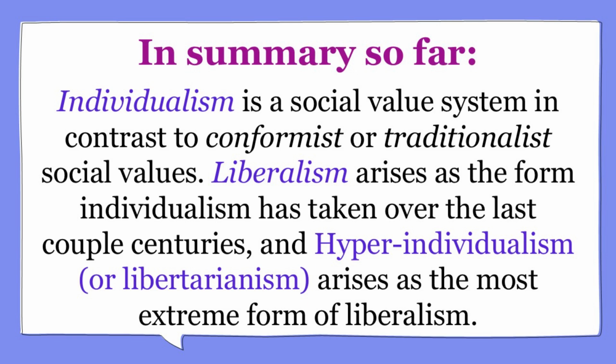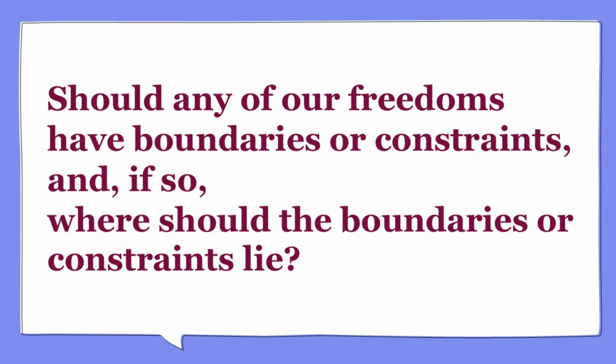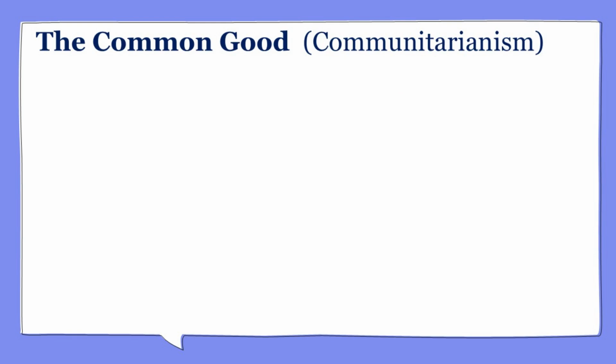With liberalism's focus on individual freedoms, the question quickly arises: should any of our freedoms have boundaries? And if so, where should the boundaries or constraints lie? Hyper-individualism is the form of liberalism which promotes the least boundaries or constraints of all. Which brings us to our next value system, the common good, or Communitarianism,